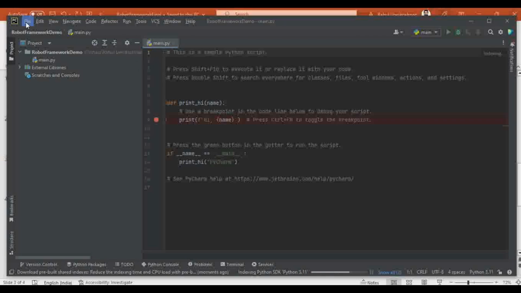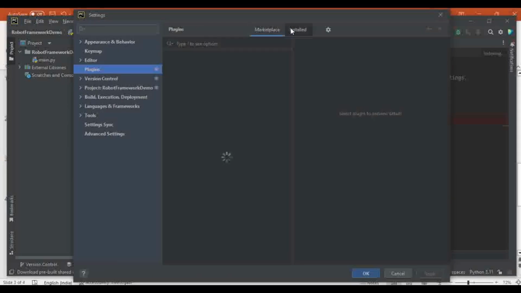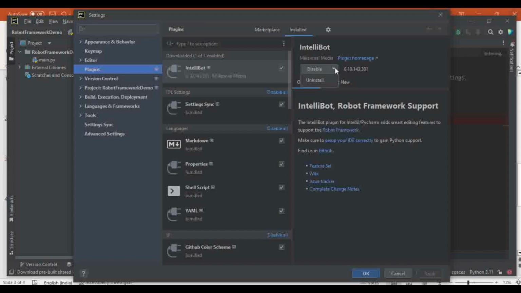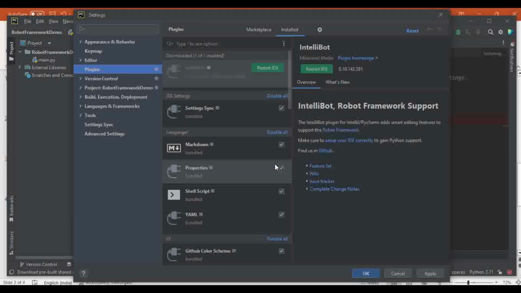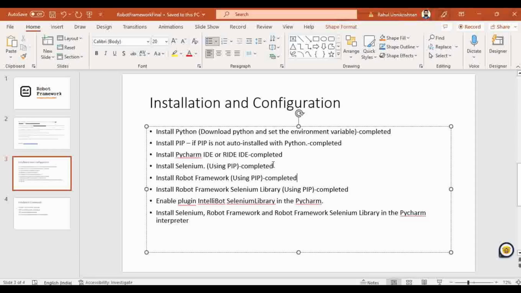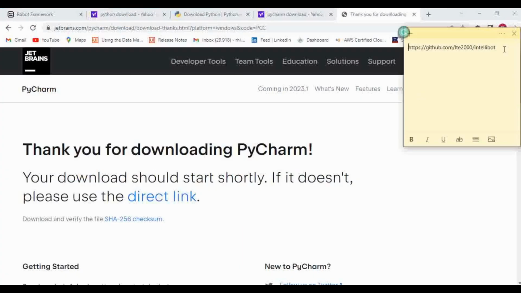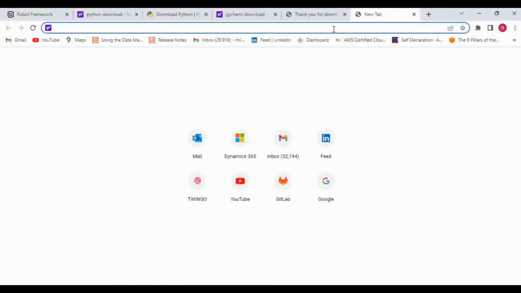So what I'm going to do is go to settings, go to plugins, installed, and I'm going to uninstall this particular plugin. Click on yes, restart IDE. So these are the steps for resolving the issue and to install IntelliBot on your machine. For that, what I'm going to do is go to this particular location: https://github.com/lt2000/IntelliBot. If you go to this particular URL,